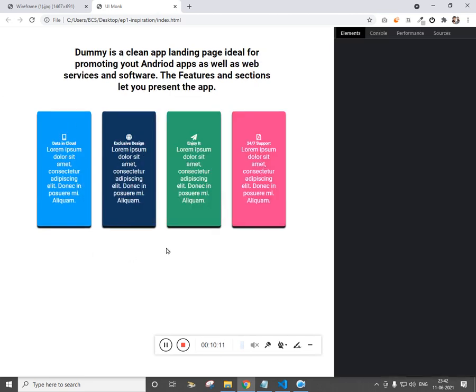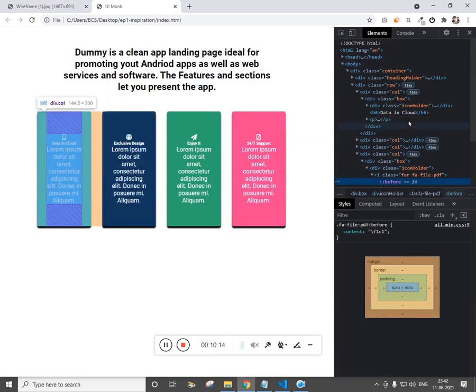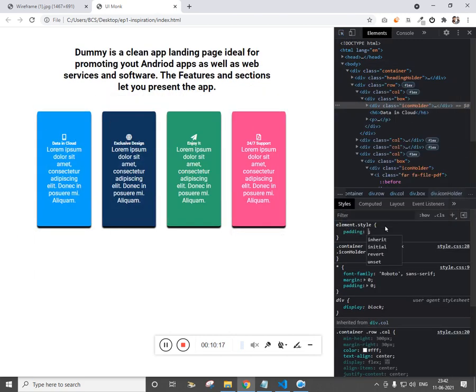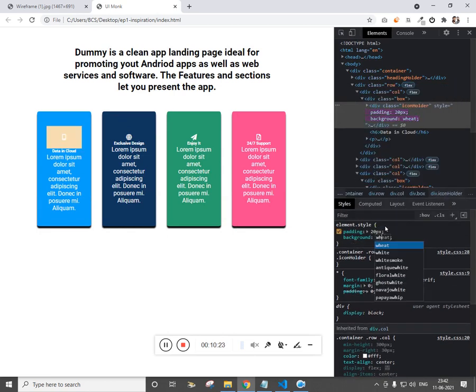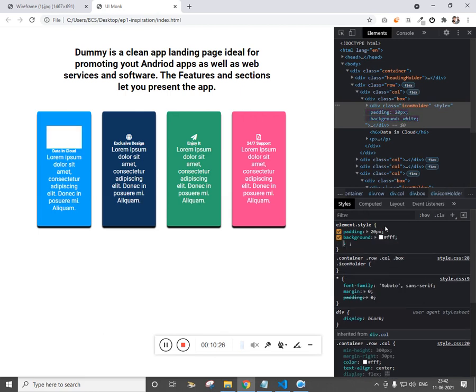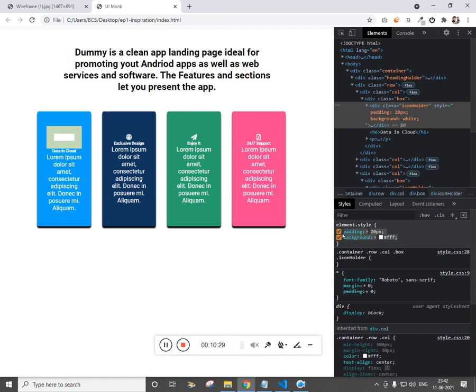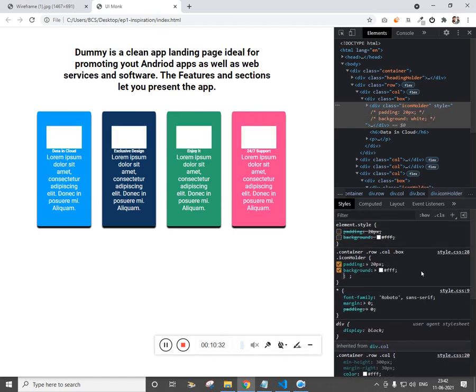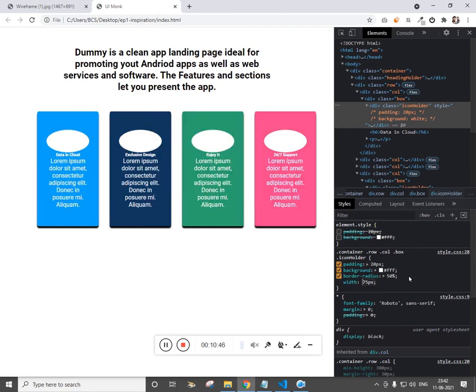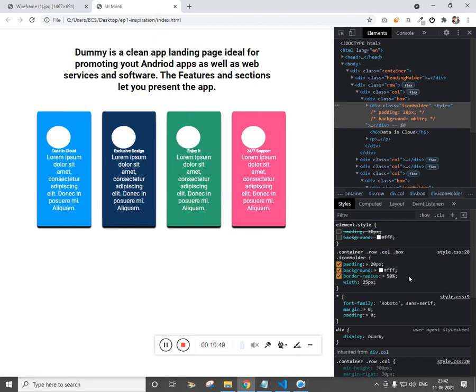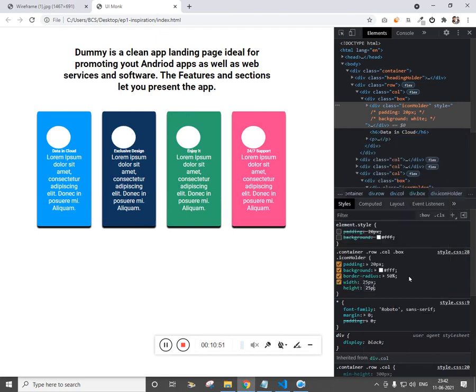Let's get into the inspect, select the icon holder and give the padding of 20 pixels surrounding, and then background of white. I want this to be visible to all the icon holders, so choose the class and then give border radius 50%, so that will make a circle. To make it a circle, we have to give width and height the same. Let's say 175 pixels, too big. 75 pixels, not too big. 25 pixels seems alright. Height 25 pixels.